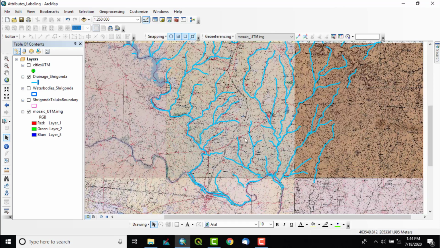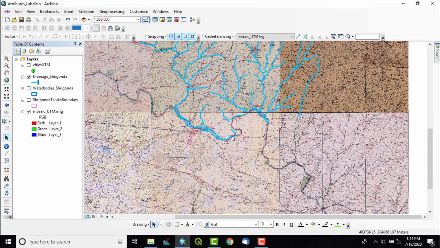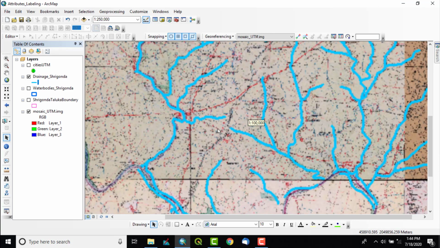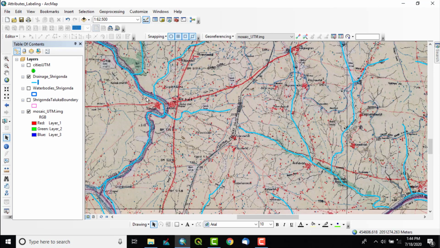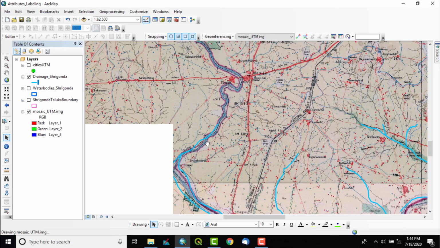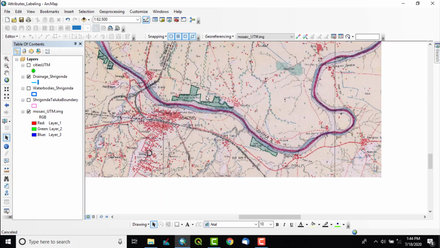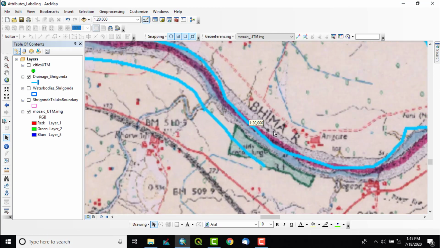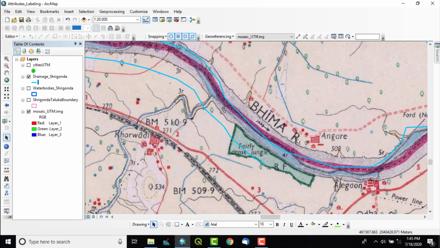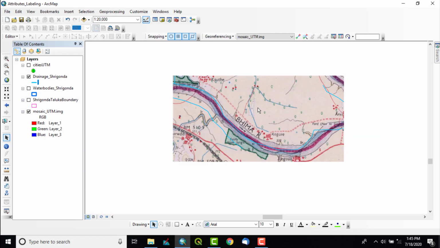So let us zoom to a river. For rivers also we can assign the names. Like suppose this is the Bhima river. Bhima R means river.